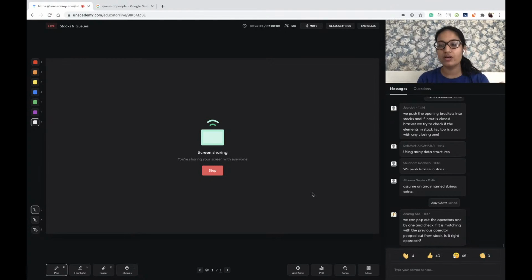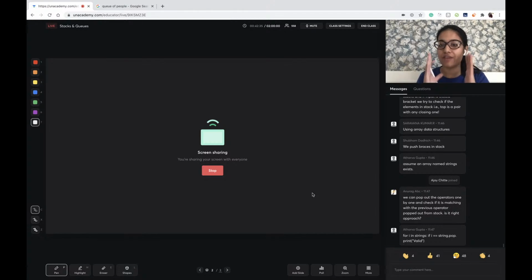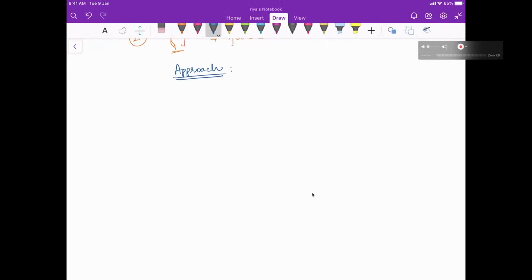But what we're going to do is we're going to visualize it in a very good manner, so that even if random questions come up, you should be able to know that this is the kind of a question that basically uses stack at this point. This is the idea that we should be using at this point, right? So what the approach is, let's take an example. Let's take an expression or a string.